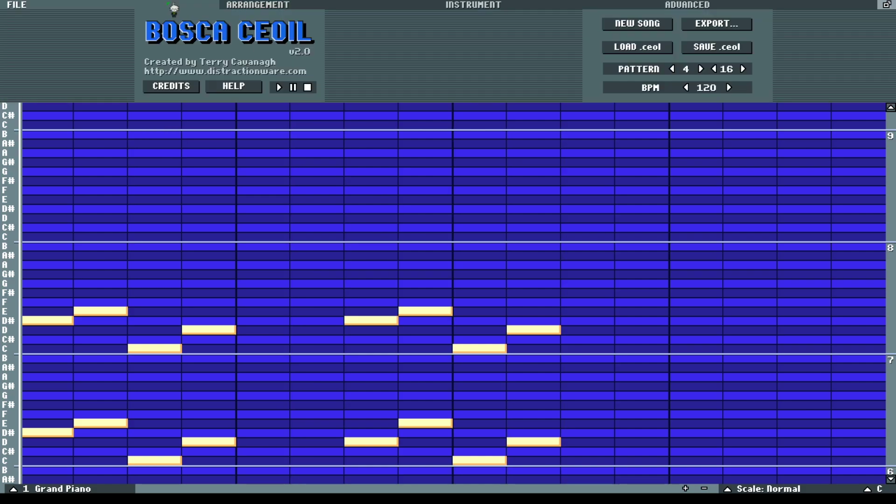Let's say you're happy with that and you want to save it. So I'm gonna save the seal, and I actually have this folder, Bosca Ceoil, and I made a folder called songs, and this is where I save all my songs. So you're going to want to remove that little asterisk right there and use it for a name, tutorial.ceoil. So now that's saved, but it's still a .ceoil. So as you can see, if you want to load it up, go to Bosca Ceoil, songs, and then tutorial